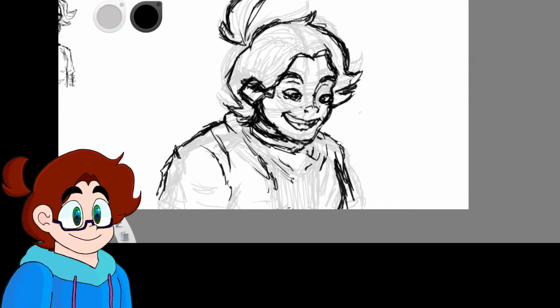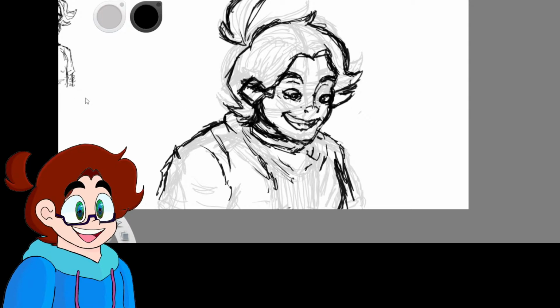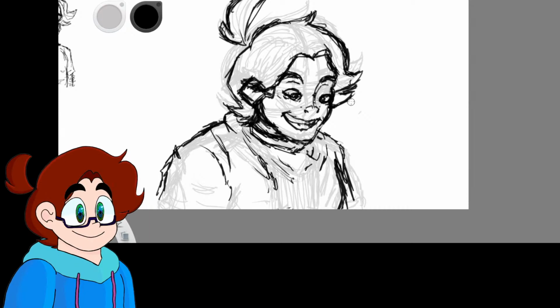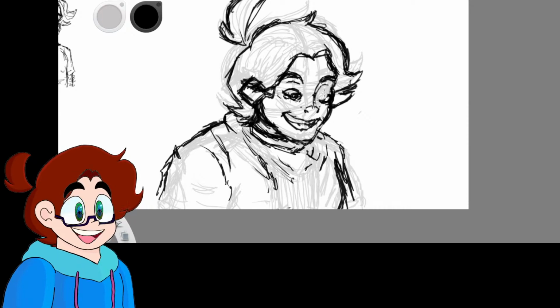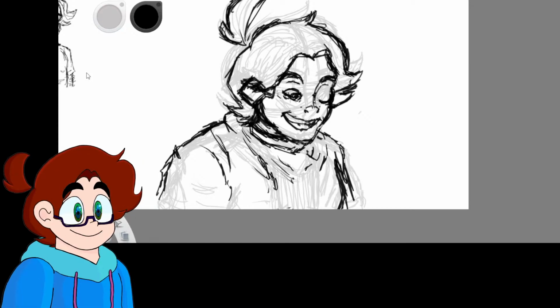Not maturity-wise. I've matured. Something's wrong with the face, by the way, of what I'm drawing. But don't take that out of context. But yeah, my 12-year-old self is like